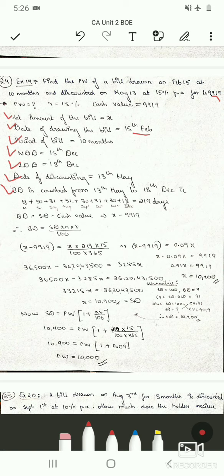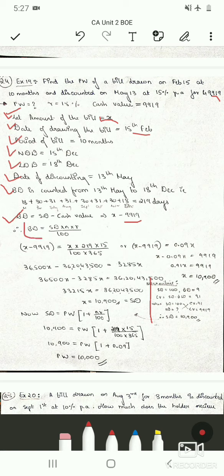And then we can calculate banker's discount when cash value is given. For that, you can take the sum due to be X or you can take the sum due to be 100. I have explained both. I will explain after one by one. So first let us assume sum due to be X. Then what will be banker's discount? It is sum due minus cash value. So it will be X minus